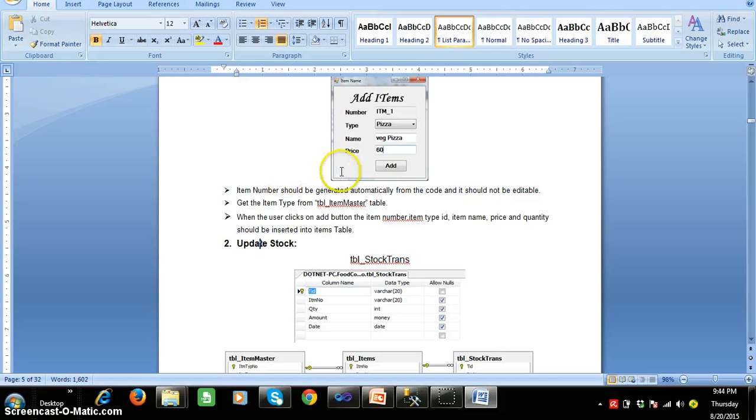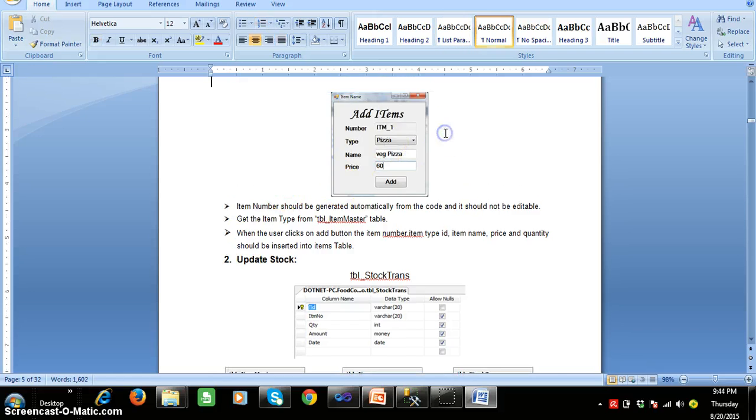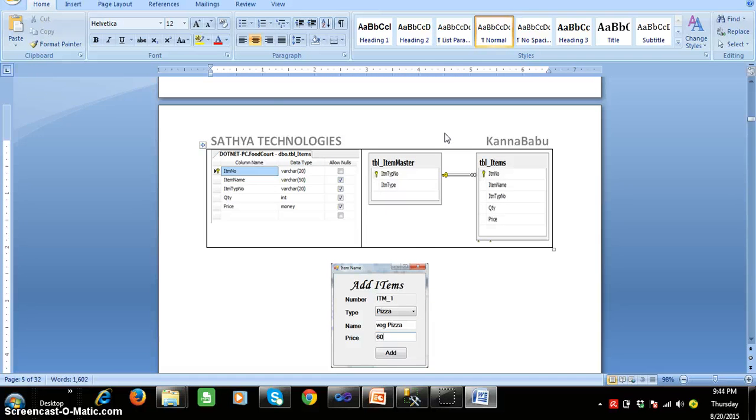So here you need to understand the requirement. What is the requirement here? First of all we are automatically generating the item number, and you have to bind all the item types from where? Item master table, and display in the combo box 1. And the admin will add the item name. For example, if the admin is selecting pizza and is adding the item name as veg pizza, and the price is fixed as 60 rupees, whenever he clicks on the add button, we have to insert this item number and item name and